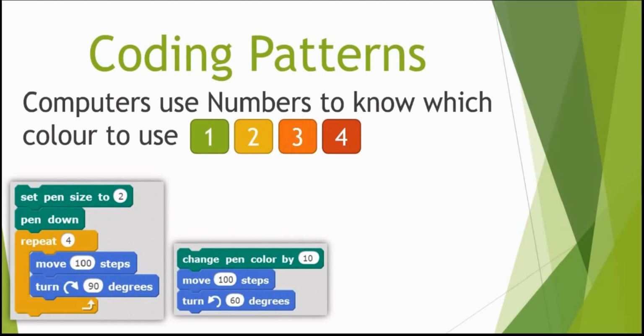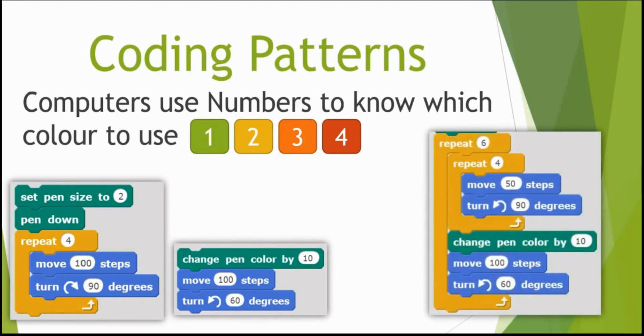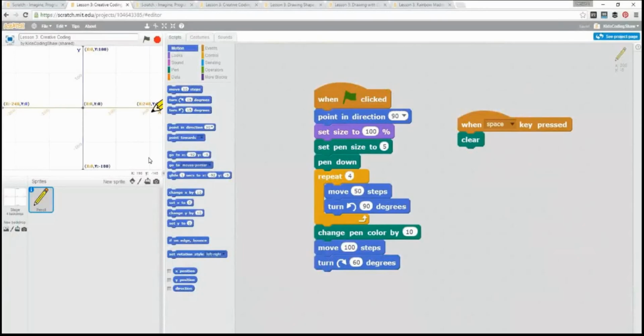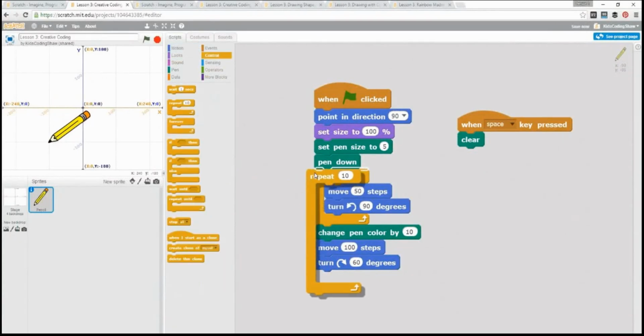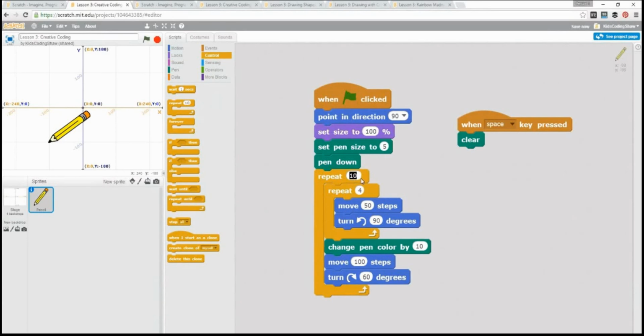And the very final thing we need to do is add a repeat 6 block to say that we're ready to just start making the pattern itself, and we don't have to keep on clicking every time we want it to work. So we'll just add a repeat 6 to the whole project, and now when we click run,